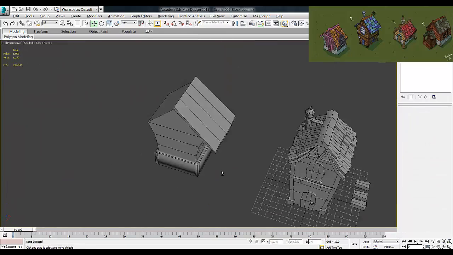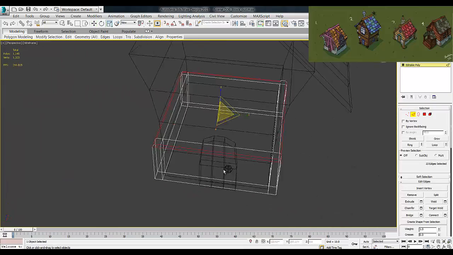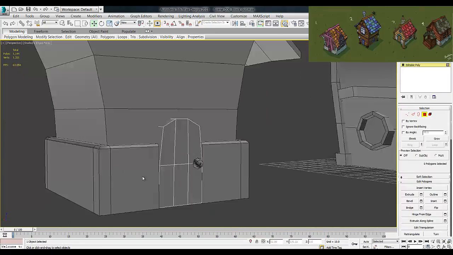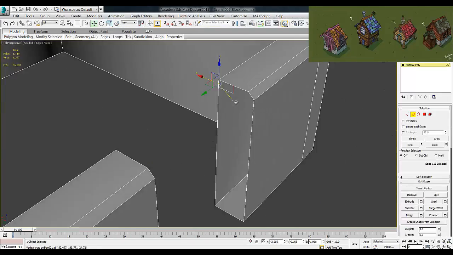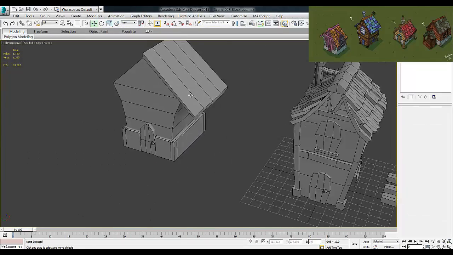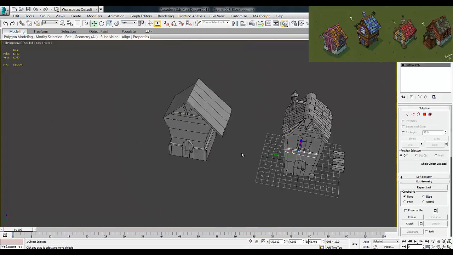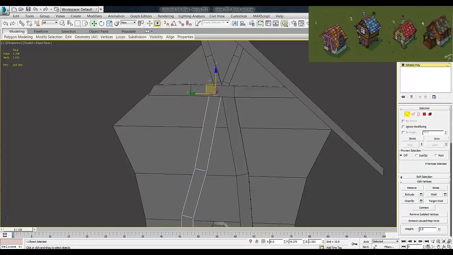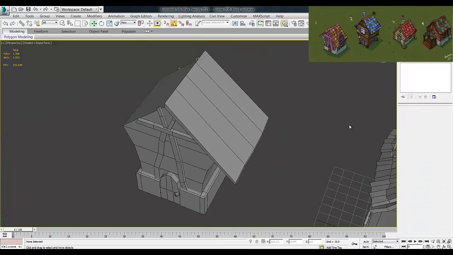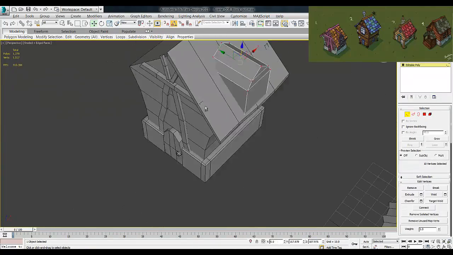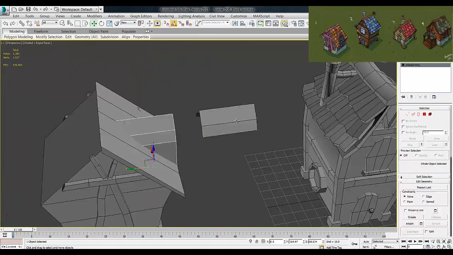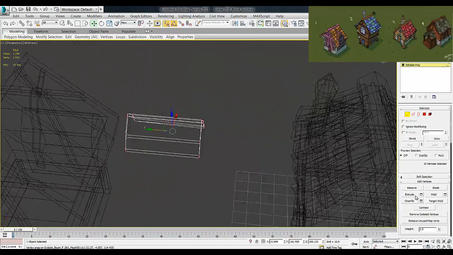So I'm blocking in the wall area at the bottom. I'm trying to create variation with all the different houses, but again I want them to look as though they belong in the same area as well. I'm cutting out the middle there so I can fit the door in. And again I'm looking at the house beams, so I'm putting them around the house, getting the structure right. And then the upper bedroom area, if you would call it that, I block that in,